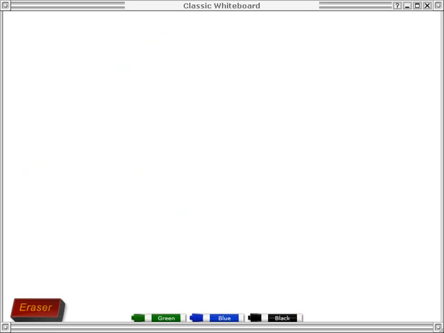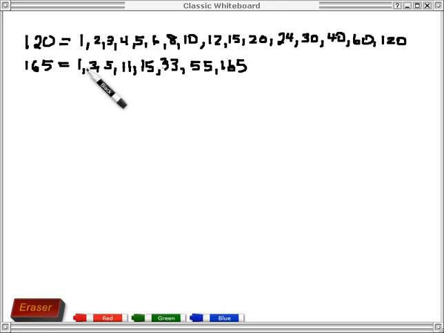So here we're going to do one more example. I'll have you start it. So I want you to find the lists of all the factors of 120 and all the factors of 165, just by going up through the first bunch of numbers and dividing into them. When I do this, I find for 120: 1, 2, 3, 4, 5, 6, all those go in, 8, 10, 12, 15, 20, 24, 30, 40,